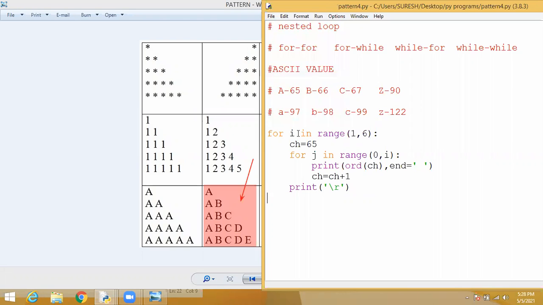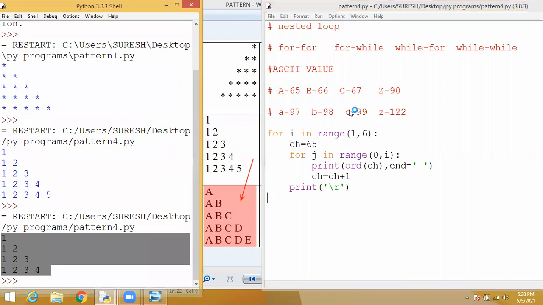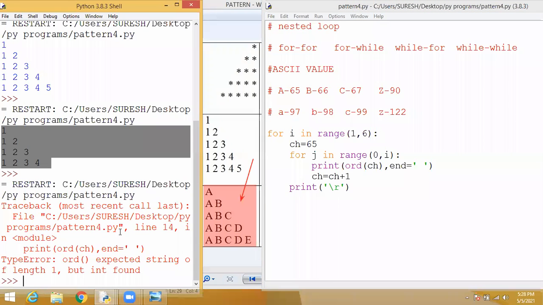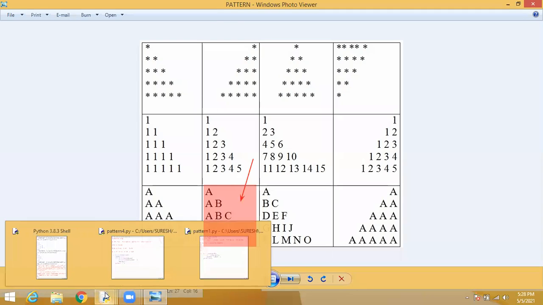So I will execute this. What is the error? I used the wrong function.